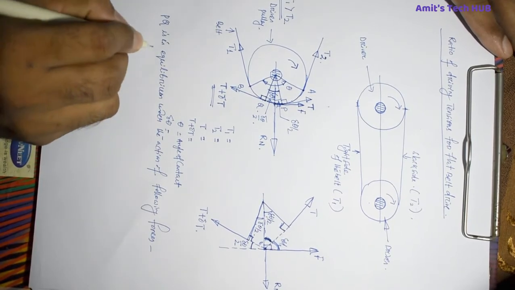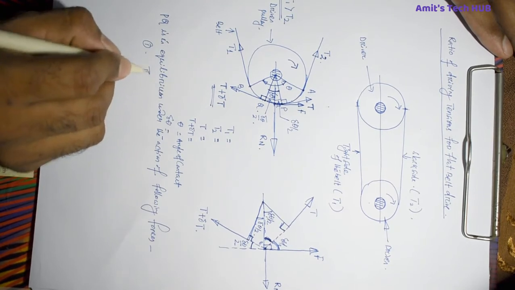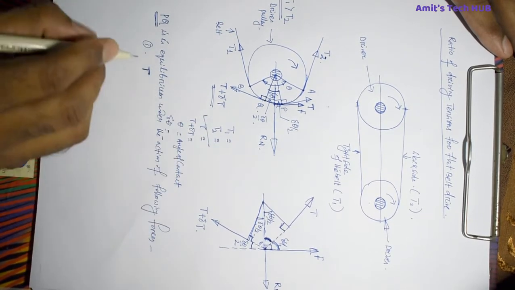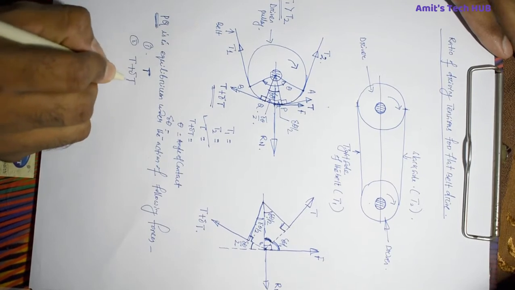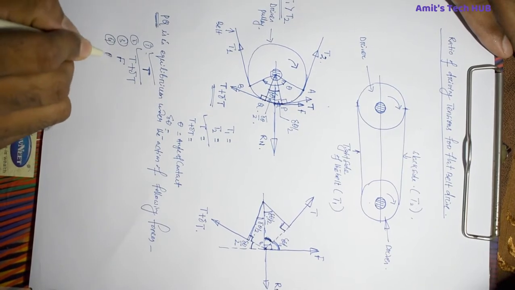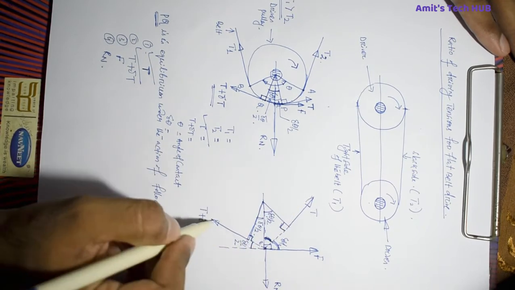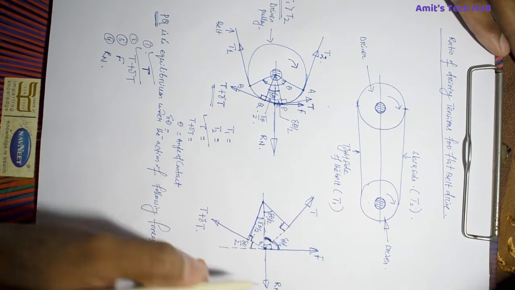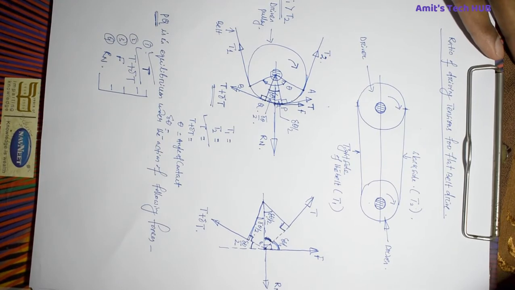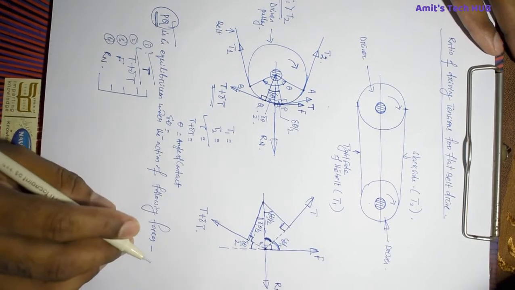So the first one is your tension. Here you consider the small portion PQ, so that is under the action of your T, this T, and the second one, that is your T plus del T. All are forces, so your frictional force and your Rn. Okay, so here you can see that T is acting, T plus del T is acting, frictional force is acting in the opposite direction, and also Rn. So these four forces are acting on the belt. That means PQ is in equilibrium under the action of these four forces.